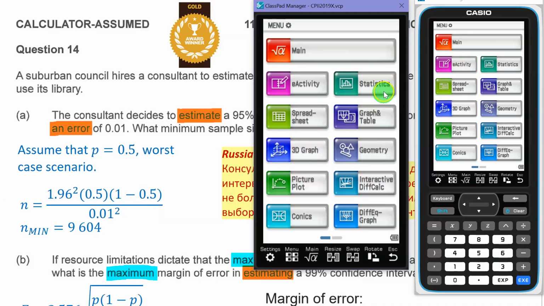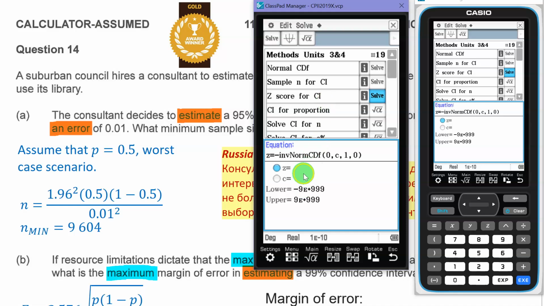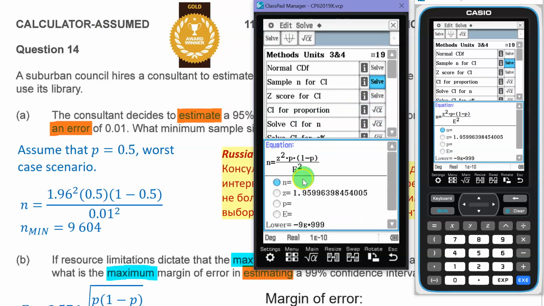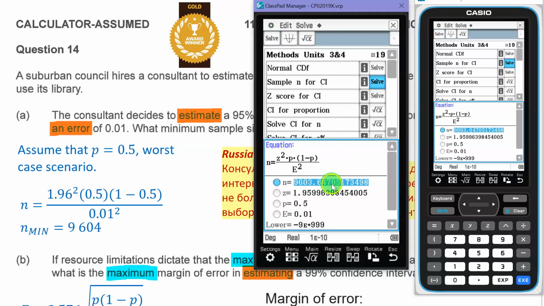There is in the calculator in the E-activity sample size for a confidence interval. I'd start on the one beneath it, the Z-score. We want a confidence interval. This was a 95%er, and so solve for Z. And that's the exact Z-score, 1.96 pretty much. When we tap into the strip above, then that Z-score's already sitting there as accurate as we could want it. We put in 0.5 for the proportion, the margin of error 0.01, and then we just solve away for the sample size, and 9603.6 we'll round up to the nearest whole number,